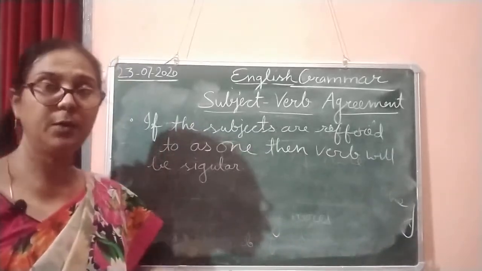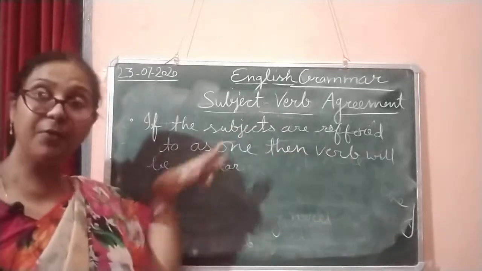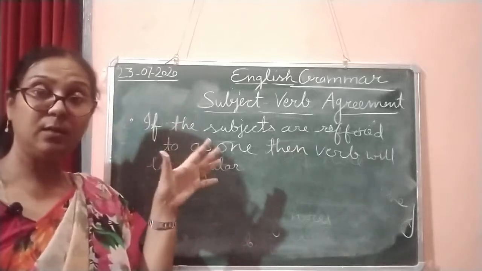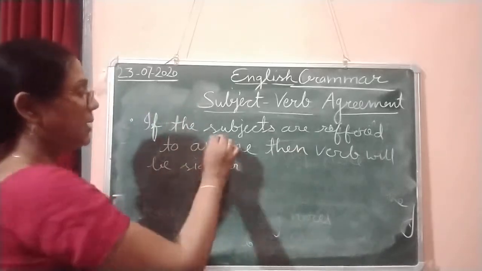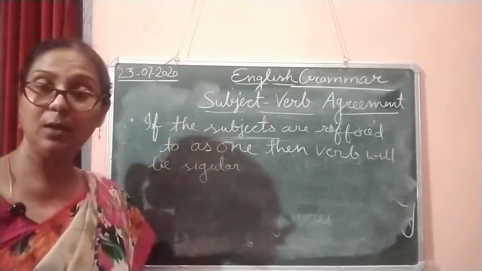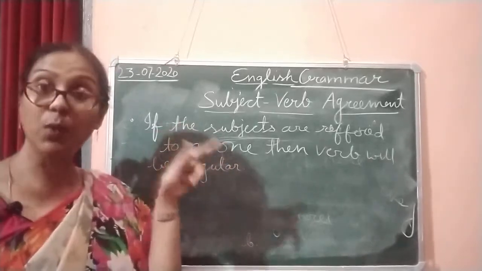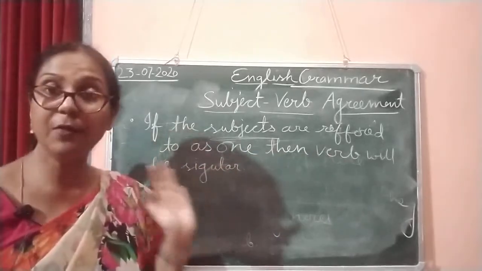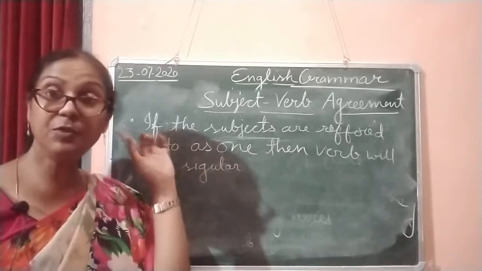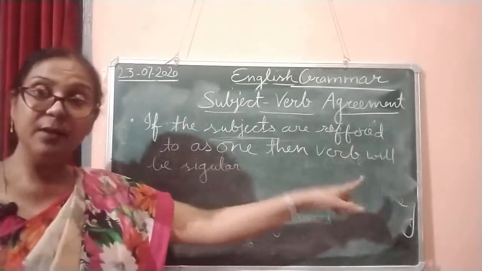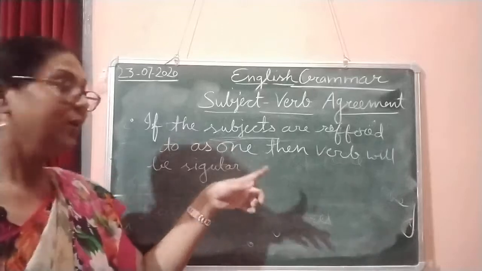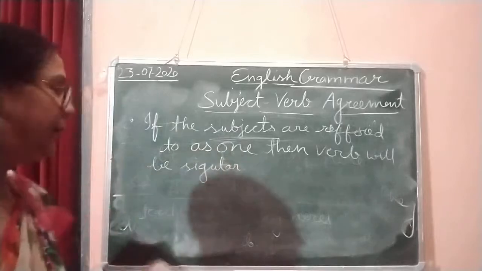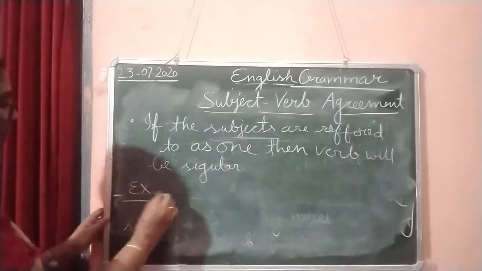Now the third important point is if the subjects are referred to as one. Here you can see the subject, it means it is in plural, but it refers as one. Then the verb will be singular. Always remember this. If the subjects are referred as one, we will write the verb in singular. For example, I am going to write over here,